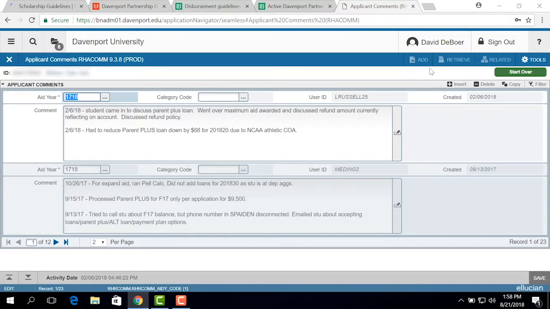You can already see one of the differences between Rhacomm and Space Mountain is that you can see multiple comments per screenshot instead of only one comment with two big boxes on it. But this is where Davenport financial aid employees will add comments about a particular student. Again, as you navigate through Banner 9, down here, it'll show that there are more comments than just these two that you see. And so with the arrow buttons, you'd be able to navigate to some of the other comments and see what's